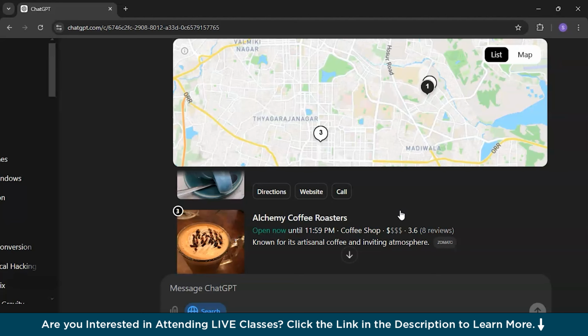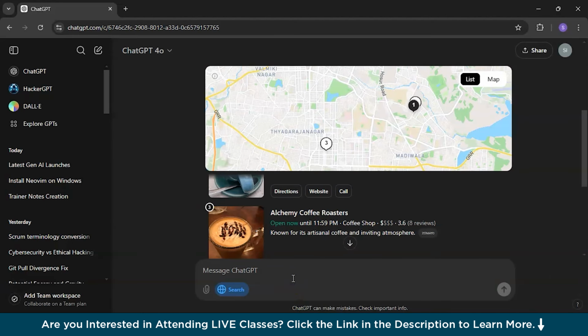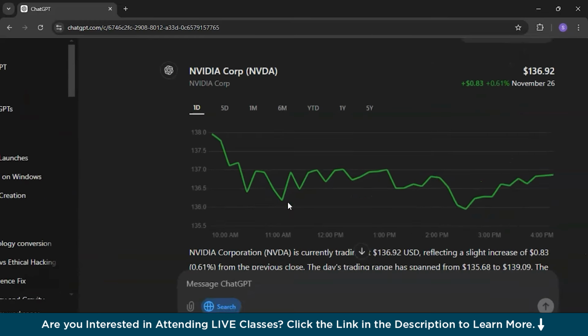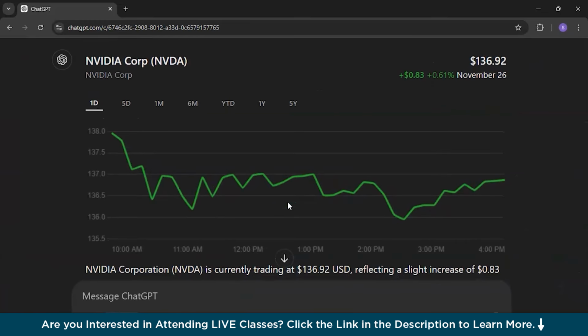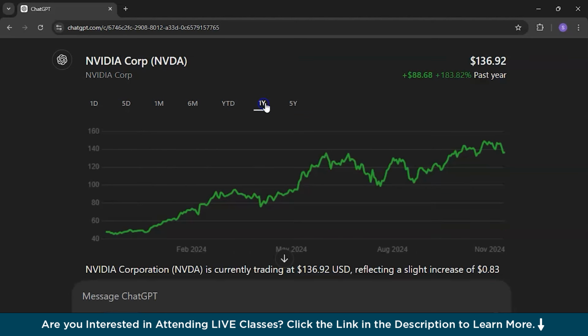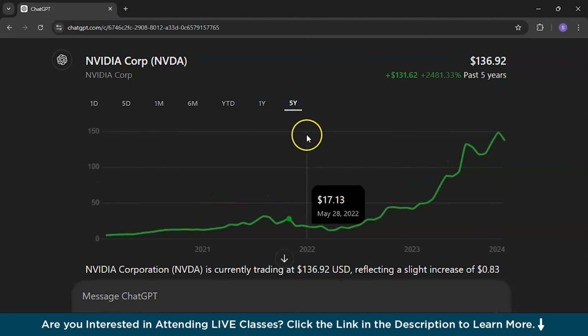Now, making it a bit interesting, I want to ask, what is the Nvidia price? Now let's see. Hey, wow, it has even given a chart where we can point out the ups and downs, the highs and the lows. I can even view it across various ranges: one day, five days, 1 month, 6 months, year to date, 1 year, or 5 years, anything.